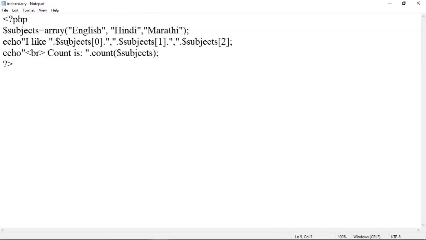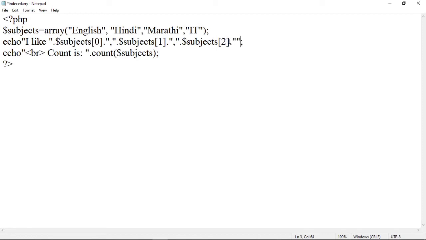Again, you can add one more subject also, suppose IT. Then the count will be 4. And to add the subject here, what do we have to do? First of all, add a concatenation operator dot.